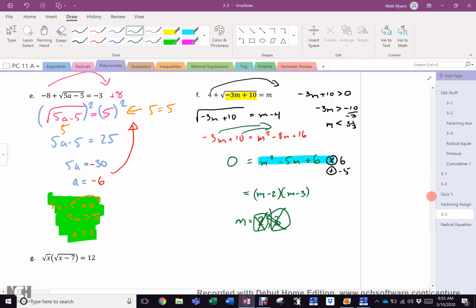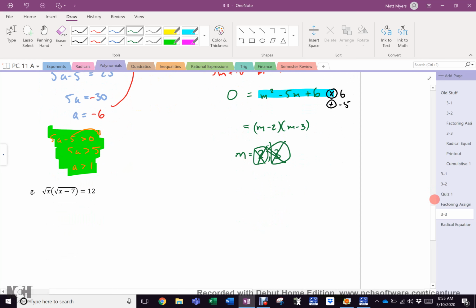What makes G more difficult? There's 2 different radicals. I want you to take a moment and have a look at that. Talk to your neighbor. You needn't write anything down. See if you can think of something to do with that. I don't want to poison your mind, so I'm going to let